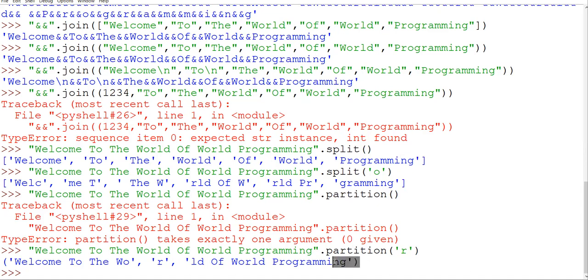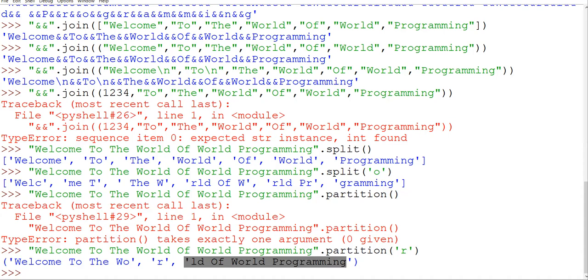It means you cannot change it now. But still, if it is your requirement, you can take one value and copy it. We know that the first value will be the starting part, and the center value will always be the separator. If I'm storing this complete tuple in S, this is S of 0, this is S of 1 and this is S of 2. So S of 0 is always the starting string, S of 1 is always the separator, and S of 2 is always the remaining part of the string.